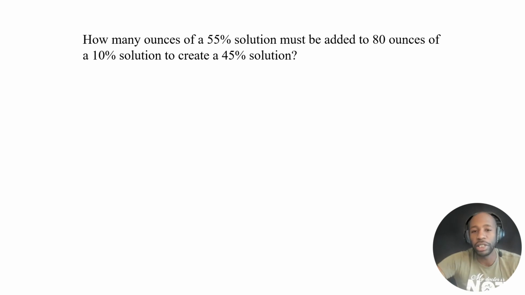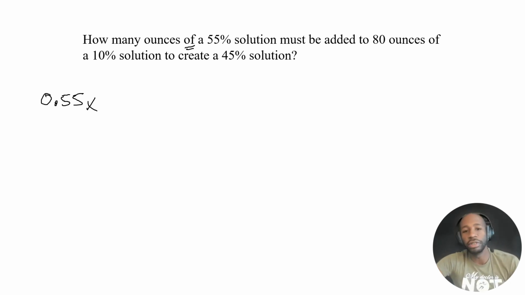So you have a 55% solution times some amount, because it's how many ounces of, remember, of is multiplication. So there's going to be 55% or 0.55 times the amount of solution we don't know yet, must be added to, see that, 80 ounces of a 10% solution. So then you have a 10% solution, or 0.1, times the amount of that, which is 80,